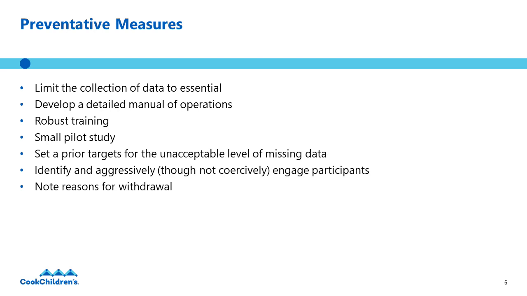Second, before the beginning of the clinical research, a detailed documentation of the study should be developed in the form of a manual of operations. This is going to include the methods to screen participants, the protocol to train the investigators and participants, methods to communicate between investigators or between investigators and participants, implementation of the treatment, procedure to collect, enter, and edit the data. So it's a very detailed plan, which is going to pair well with the third preventative measure, which is before